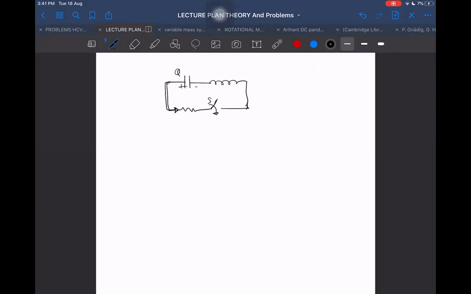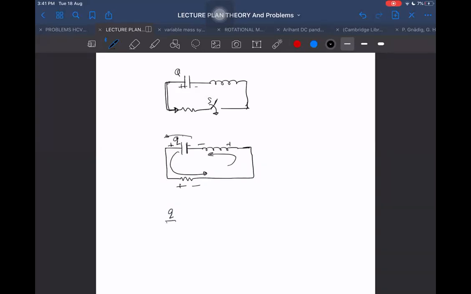So how to write the equation? First, let us write the equation for it. Let us say at any instant of time the charge q is decreasing, with plus and minus signs on the plates. The current is going this side. Let us start from the capacitor: minus, plus. From here to here, it is increasing in the capacitor.